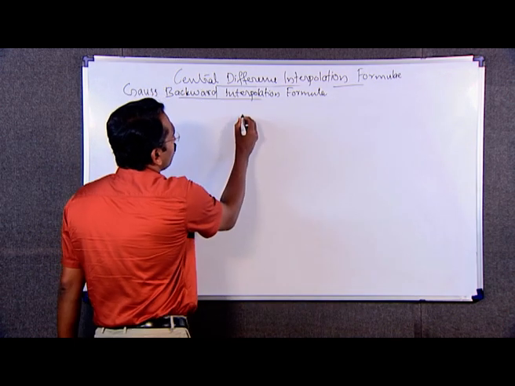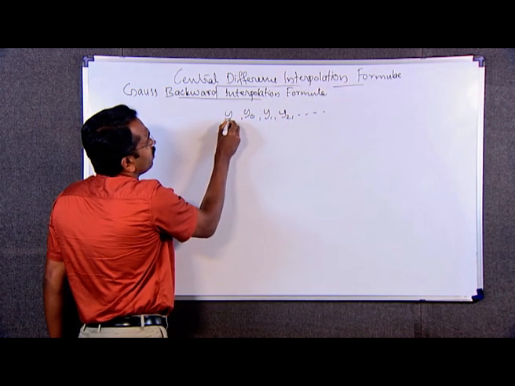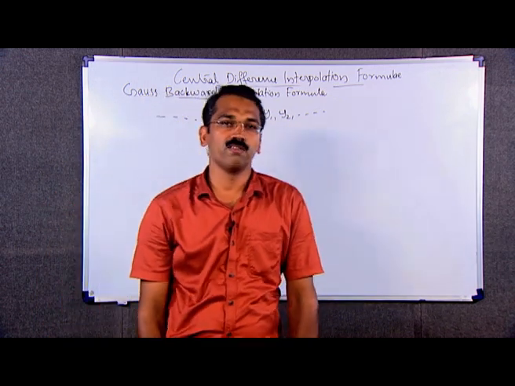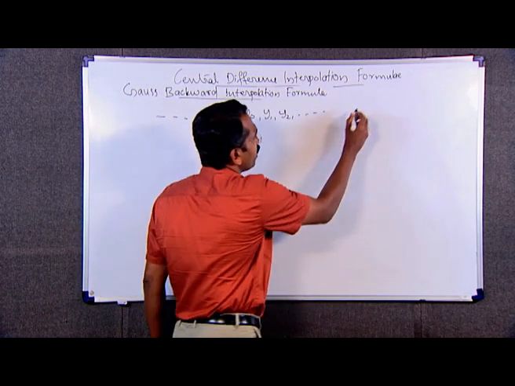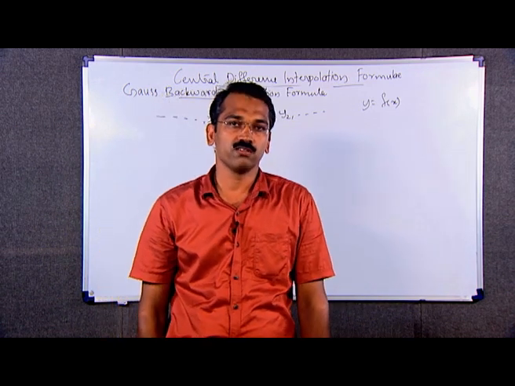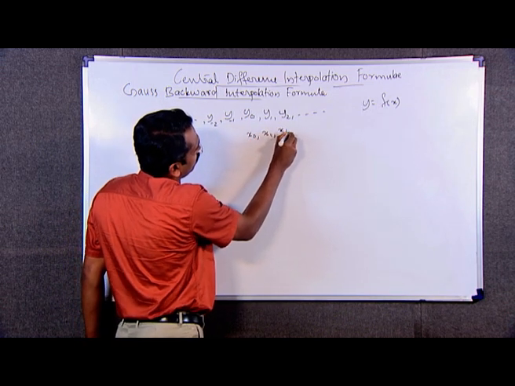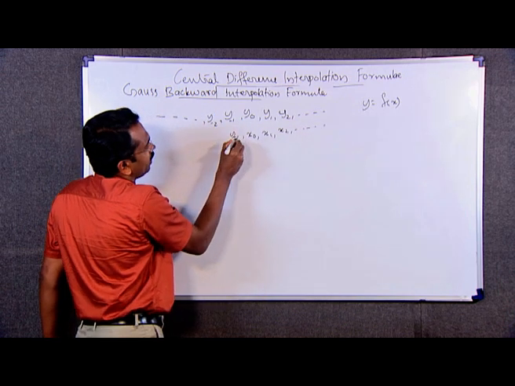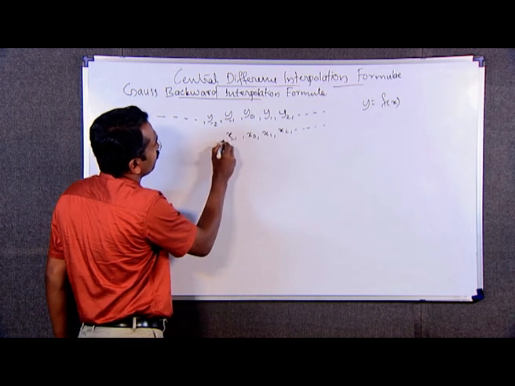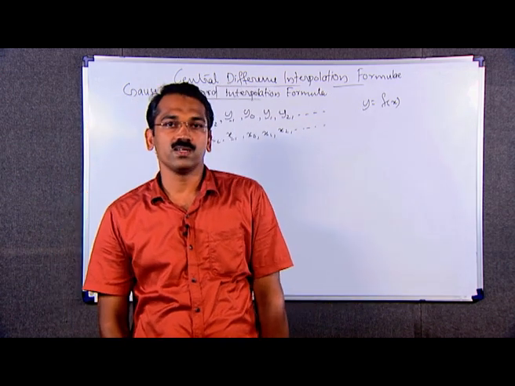If y0, y1, y2 etc. and y minus 1, y minus 2 etc. are the values of a function y equal to f of x corresponding to the equidistant values of x, namely x0, x1, x2 etc. and x minus 1, x minus 2 etc. with interval of spacing h, then